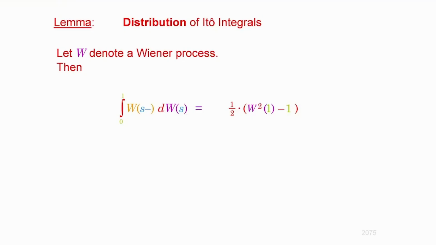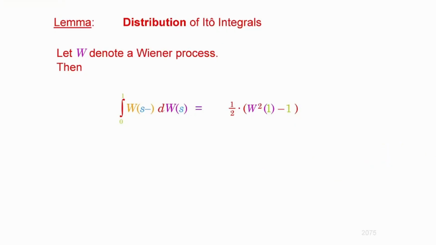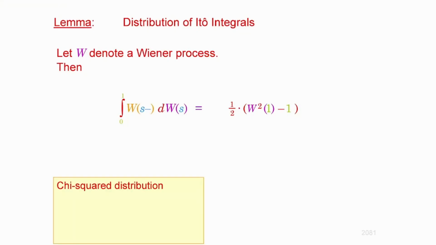Now, the question is again, what is this? The Wiener process at point 1 follows the normal distribution with mean 0 and variance 1. That is true, but its square is not. The square of a normal random variable follows a modified version of the chi-square distribution in general. I am going to address this later on. If you are not sure what this means, I am going to define it. So what is the chi-square distribution with n degrees of freedom? That is a parameter that the distribution has.